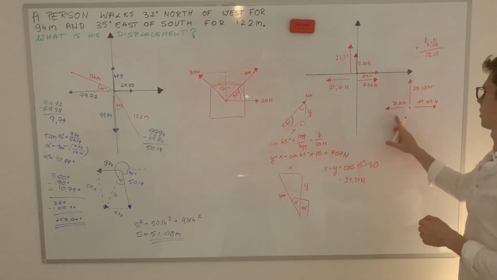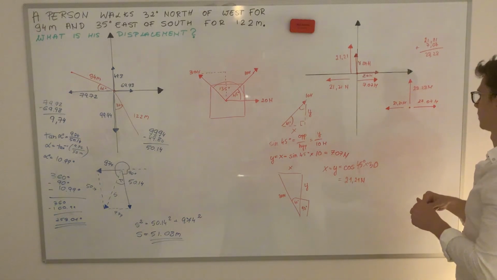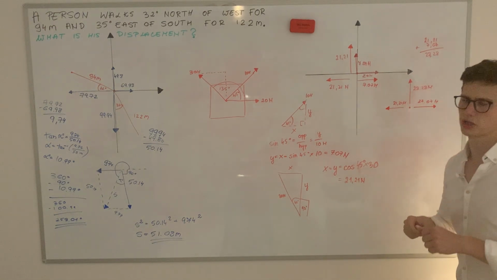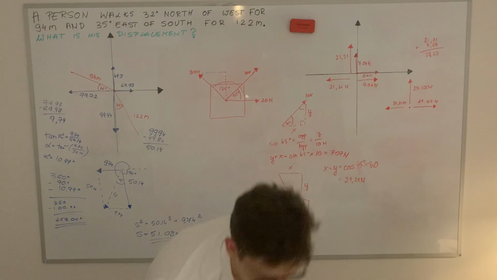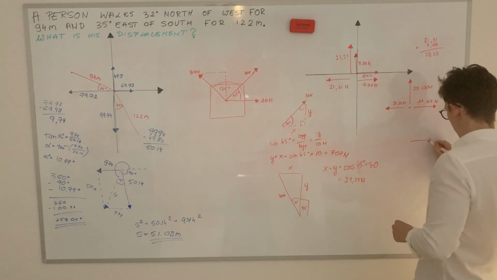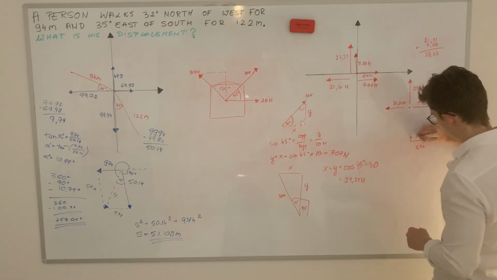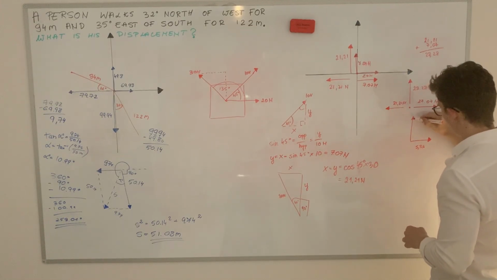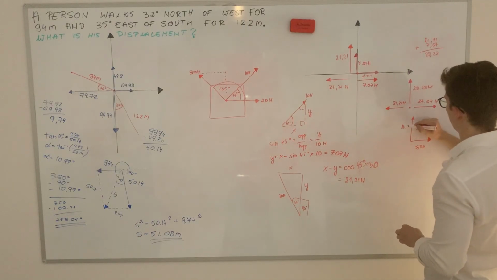Okay, now these two components act in opposite directions. What do we do when components act in opposite directions? We subtract them. So what we do is we subtract 21.21 from 27.07, and what we should get is 5.86. So here's our x component, 5.86 acting eastward,